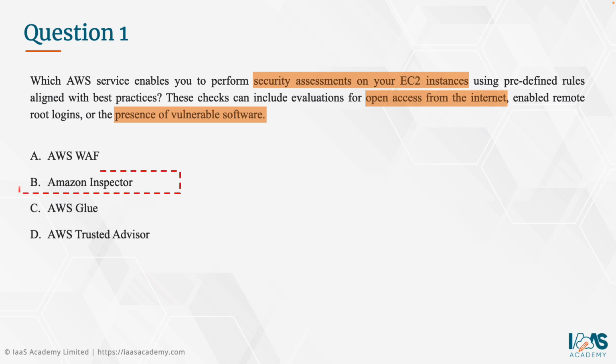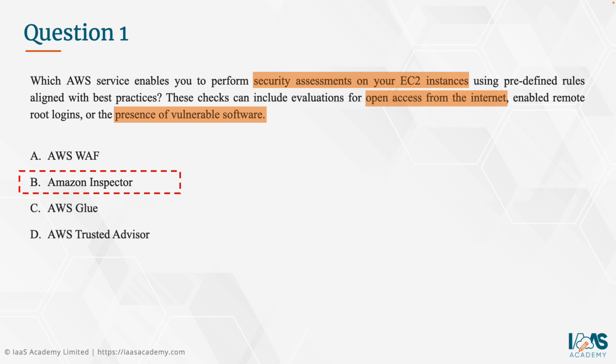Inspector. Now, Amazon Inspector allows you to perform automated security assessments designed to enhance the security and compliance of your applications. What it does is it actually performs network and software analytics on your EC2 instances. So from a network standpoint, it will look at things like open root logins or what sorts of ports and protocols are left open on the server. And then from a software perspective, it will actually analyze potential software vulnerabilities that might be installed on those instances and